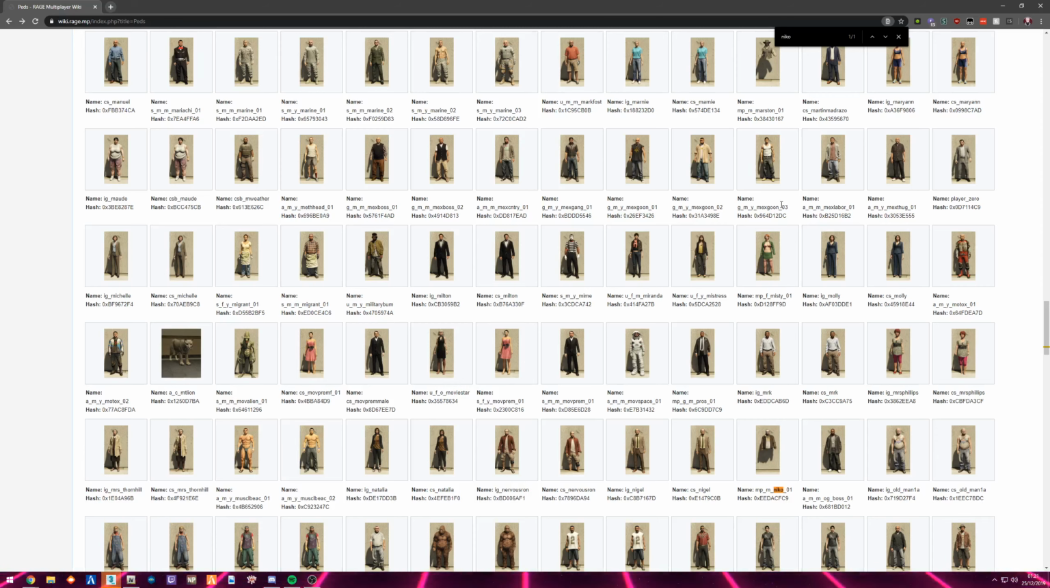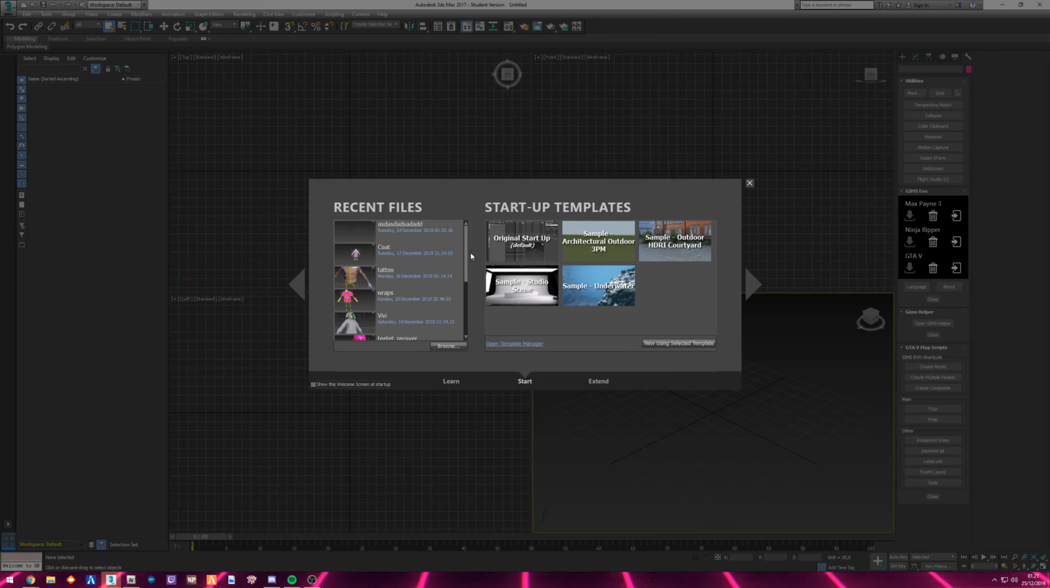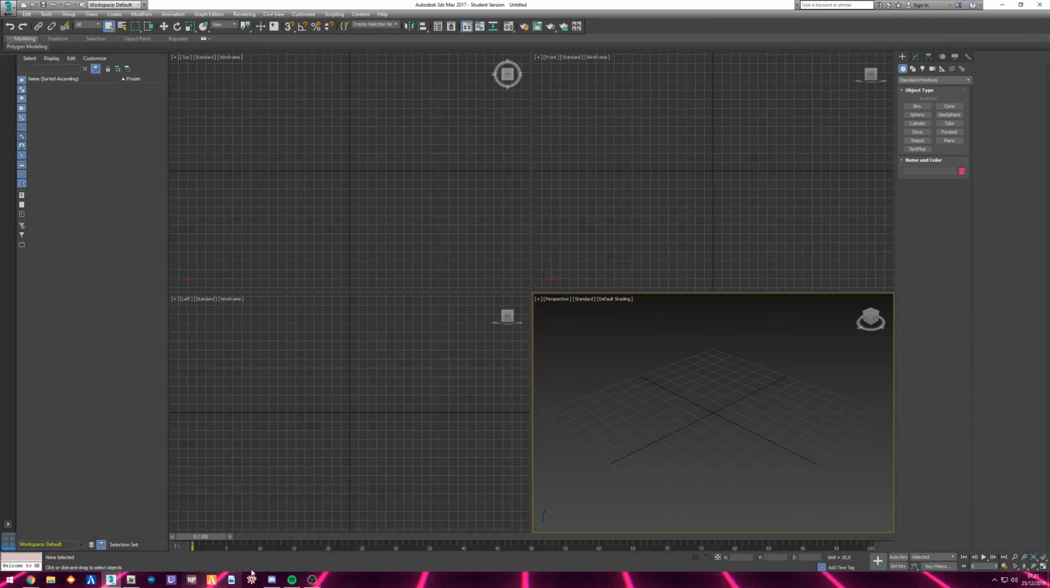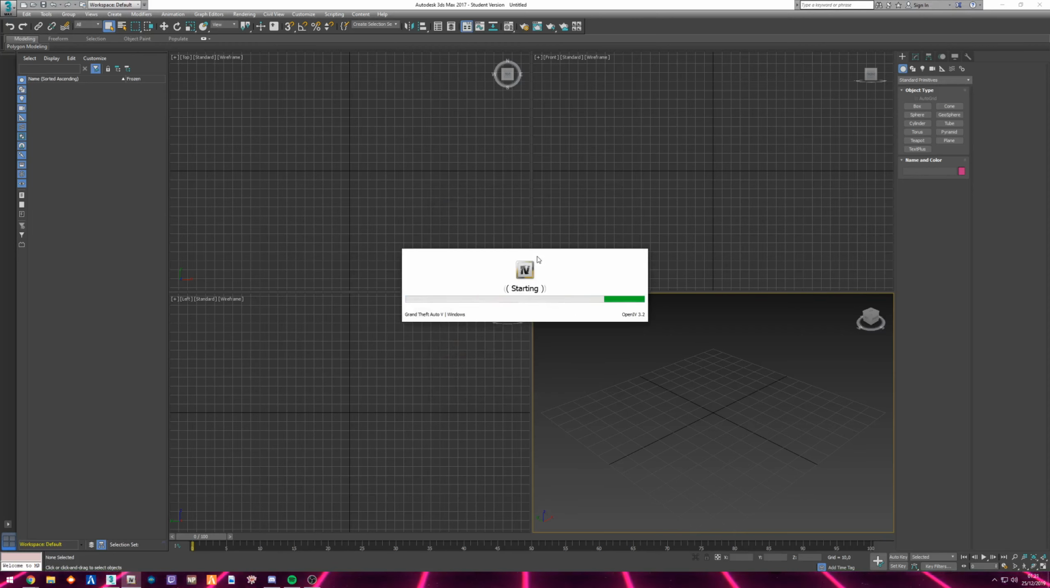There obviously has to be some retrofitting. You have to make sure it fits the model. But we are just gonna take this one for this example. Let's make sure we have our 3ds Max started in OpenIV. We are just gonna find